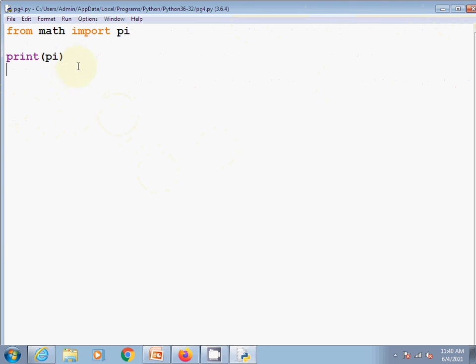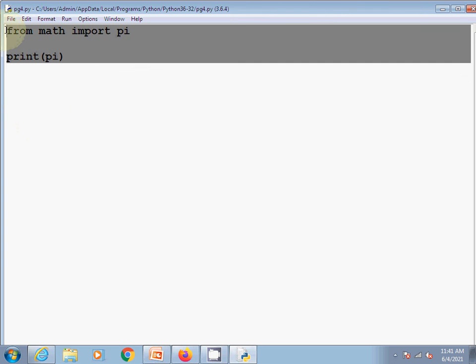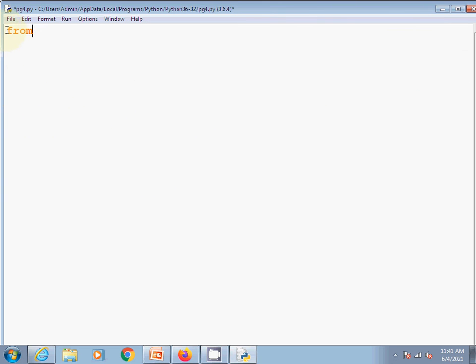Okay, got it. Now the fourth statement: from math import asterisk, means import all. Now we can access all the functionality of the math module without using the module name while accessing.